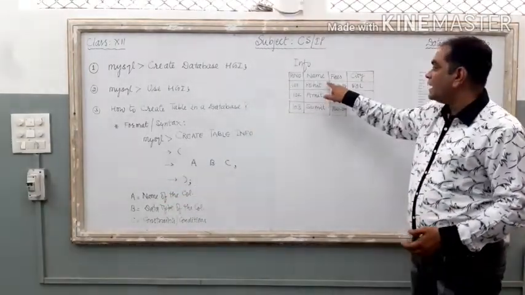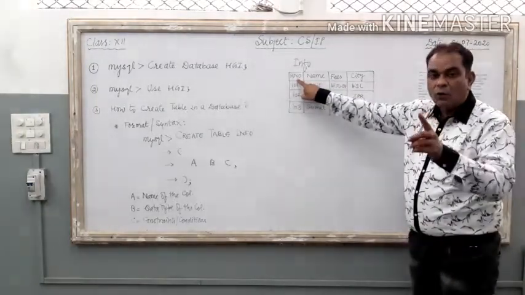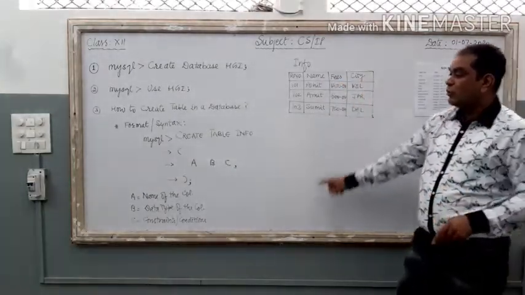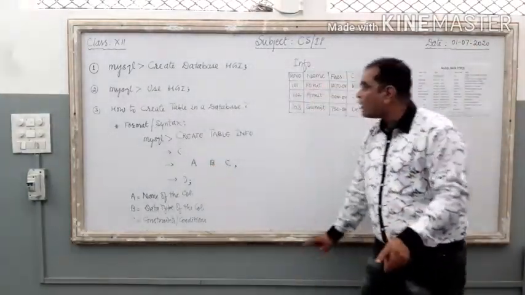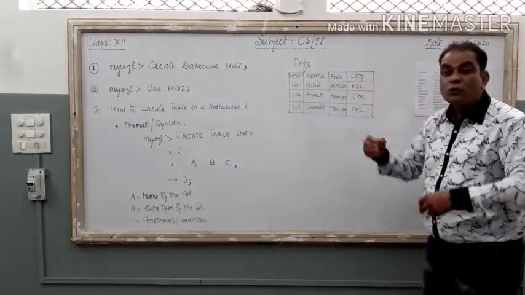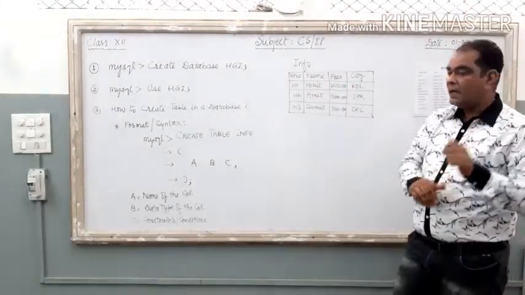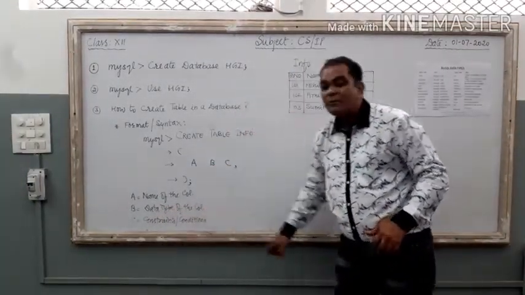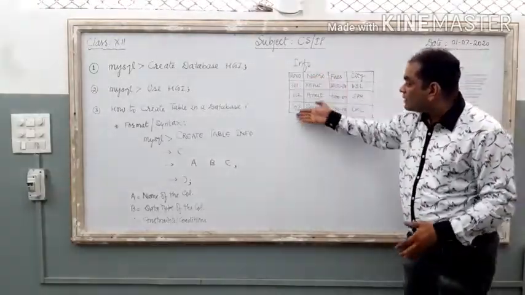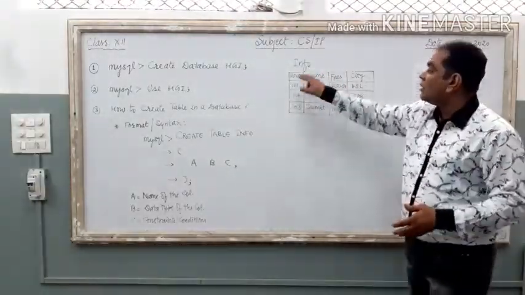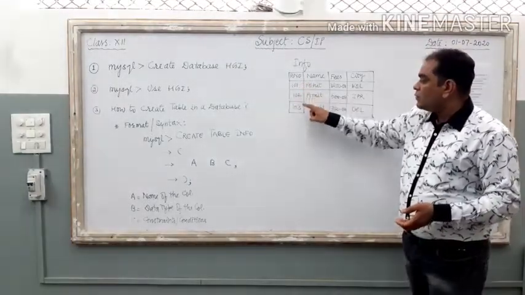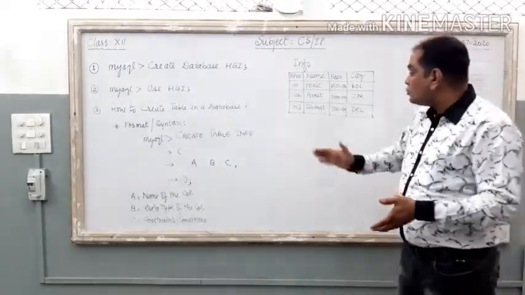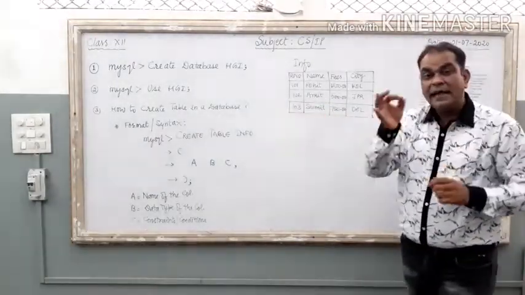Here if you can see the table, the first column name is RNO, the second column name is name, then the third one fees, then city. So instead of A, you are going to write the name of the column that you want to create inside the table. Clear? What is B? B means the data type of the column. किस type का data इस column के अंदर आप डालना चाहते हो? If you look at the roll number column, 101, 102, 103, all are non-decimal values, all are integer values. So the data type of this column is integer.